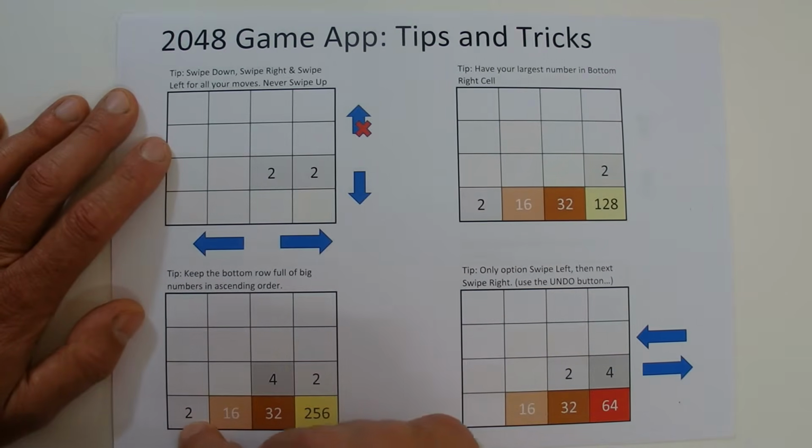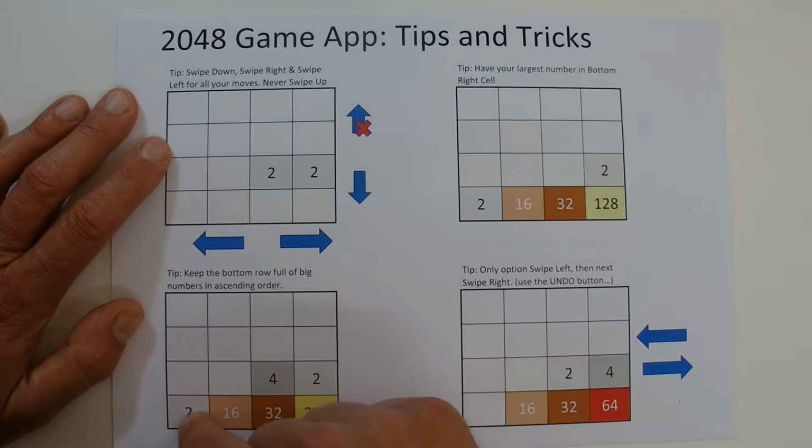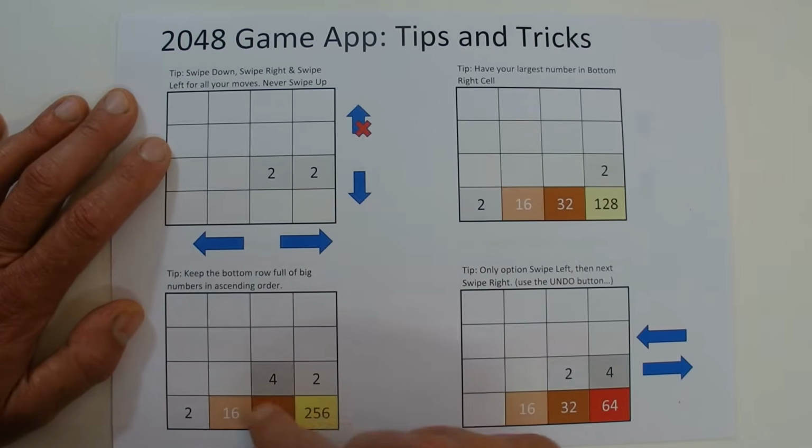So you can see there 2, 16, 32 and 256, and that allows you to combine that 2 to eventually become 16. And then once that becomes 16, those two combine to become 32, and 32 and 32 become 64. And there you can see that you're building up all the time your large numbers, largest in the bottom right and second largest in the second right, third right, and building them up in